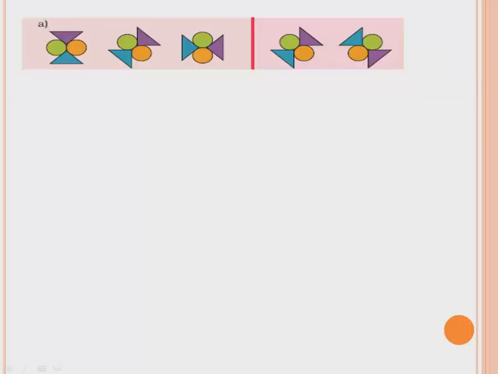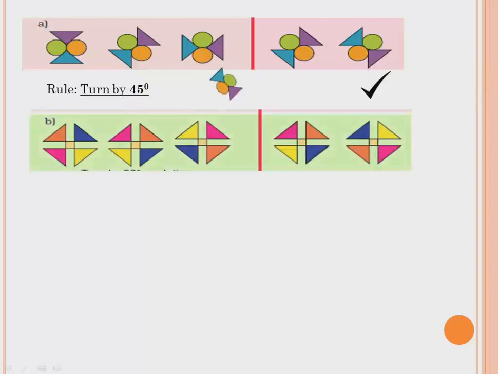So, let us see it one by one. Okay. This is the pattern given, and we have to choose which is the correct one. So, what is the rule here? It's slanting this side, then sleeping. So, this is 45 degrees which we did earlier. This is the position now. I will turn it by 45 degrees and show you. So, which is the one we are getting? This one. Understood? So, the rule is turn by 45 degrees, and the next position we will be getting is this position. Now, next this one.